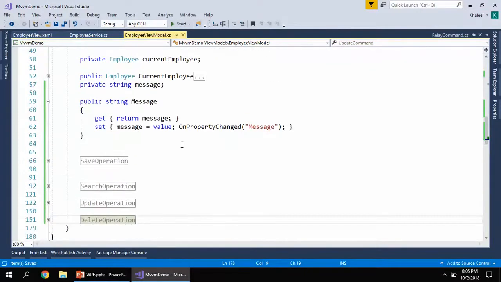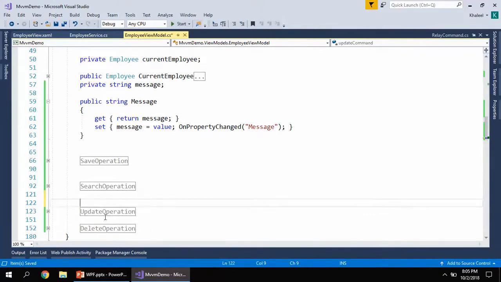So this way, using MVVM, you can create your applications. You will be able to achieve separation of concerns, as well as developer and designer can work together at the same time on the application. A designer can create the views, and during that time the developer can create the models and the view models. And it will also be very easy to manage this application when it comes to changes. So that's all for MVVM.